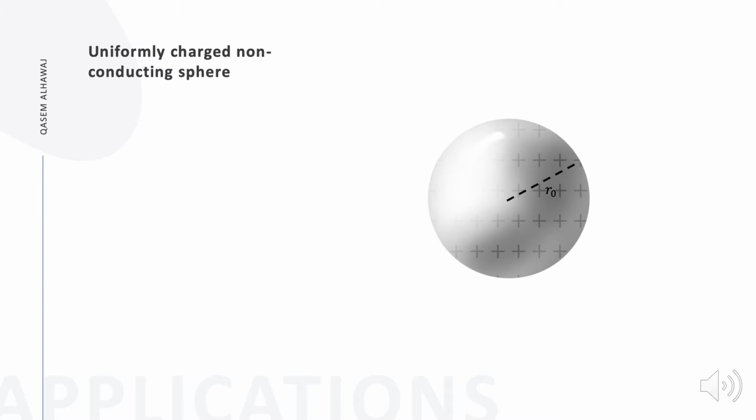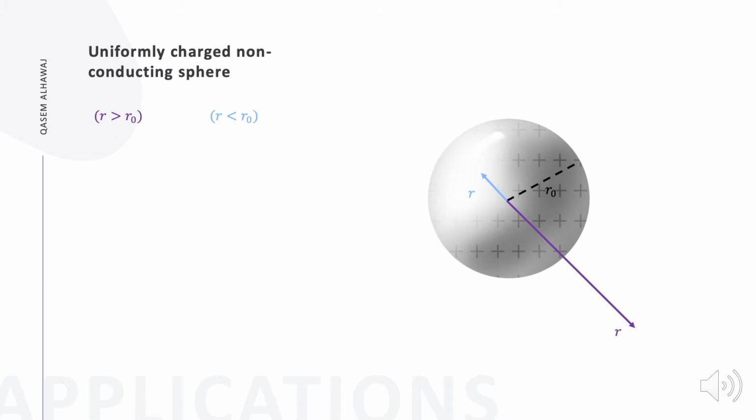We will assume that it's positively charged, that is represented as the positive signs, and the 2 points are first a point outside the sphere with a distance of r where r is greater than r0, and the second point is inside the sphere with a distance of r where r is less than r0. Since we have a clear vision of the problem, now we will try to solve the electric field on the